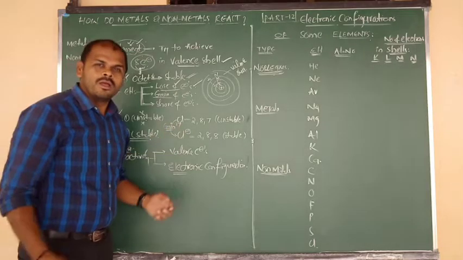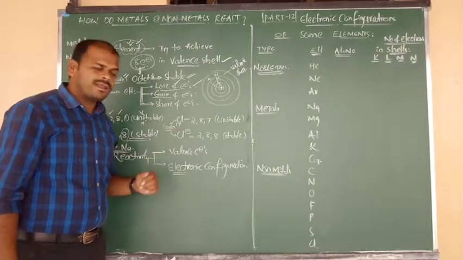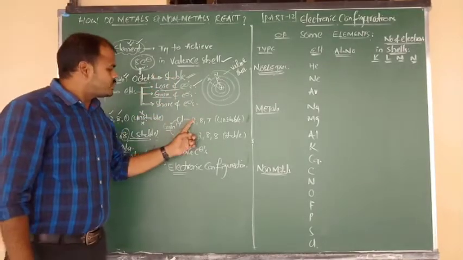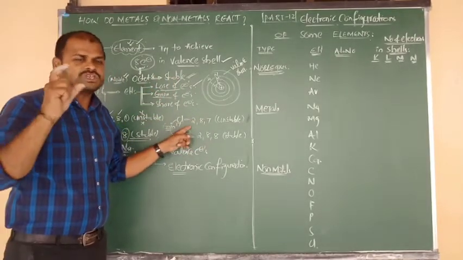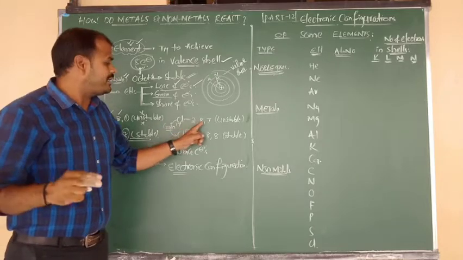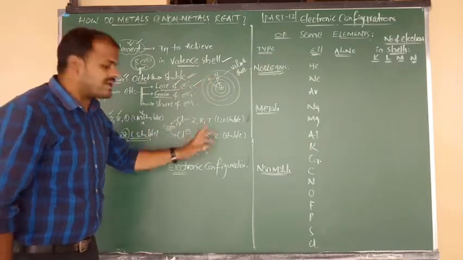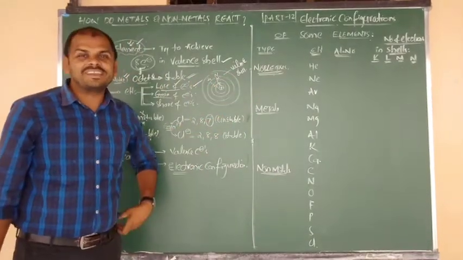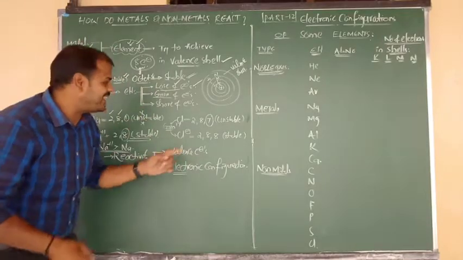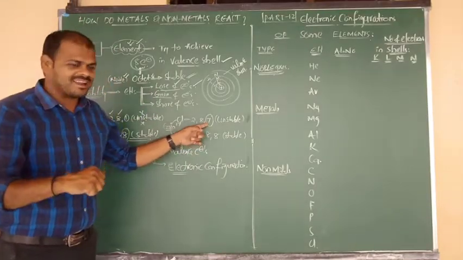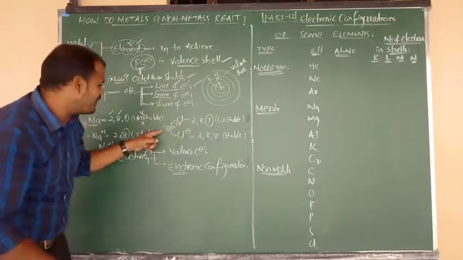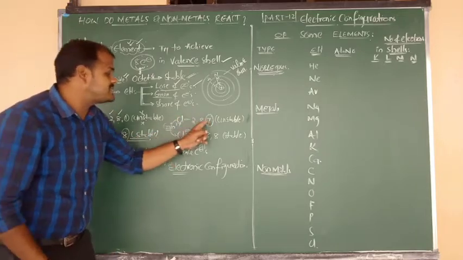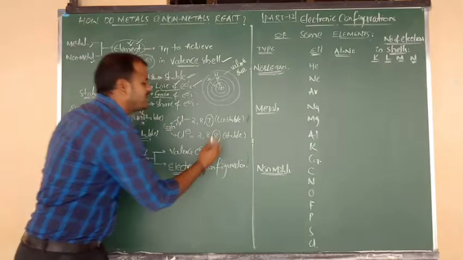Similarly, go to chlorine. The chlorine atom symbol is Cl, atomic number 17, which means it contains 17 electrons. So 2, 8 and 7. The first shell, K shell, contains 2, the L shell contains 8, and the M shell contains what, beta? 7. In the outermost orbit, the valence shell, how many electrons are there? 7 electrons. So to get stability, it requires one more electron. Cl undergoes gain of an electron. By gaining one electron, Cl becomes Cl minus 1, 7 becomes 8. Again the outermost orbit now contains 8 electrons.